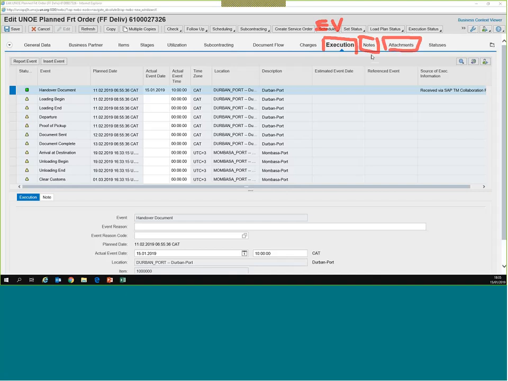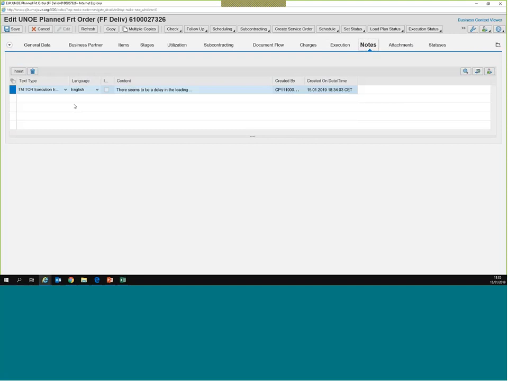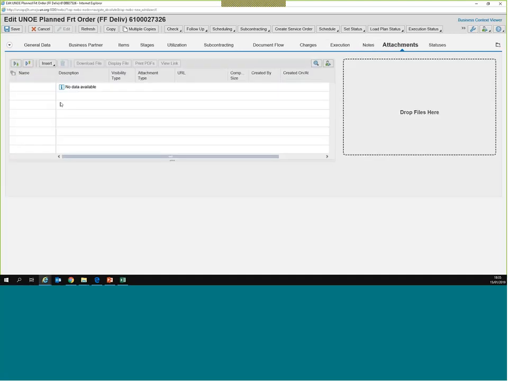Okay. So in the notes is where we can see the note we have just submitted, and in the attachments, if there were any attachments added, we will be able to find those attachments that were reported through CCP,